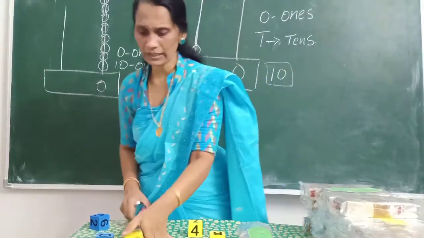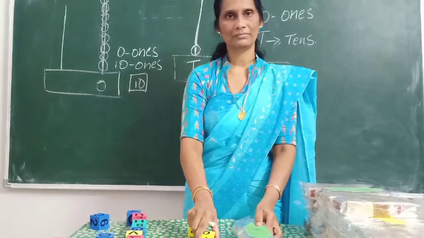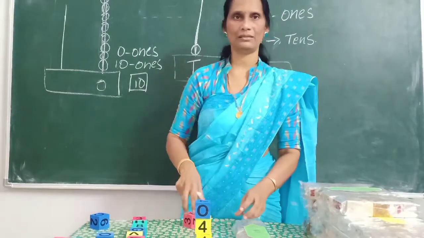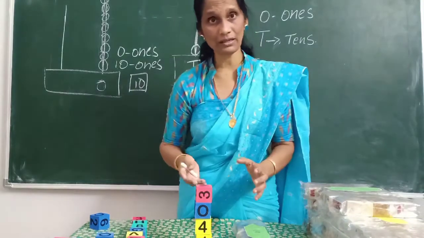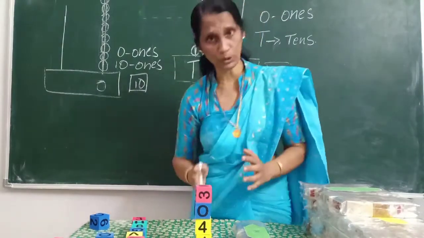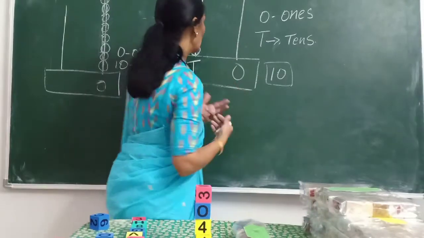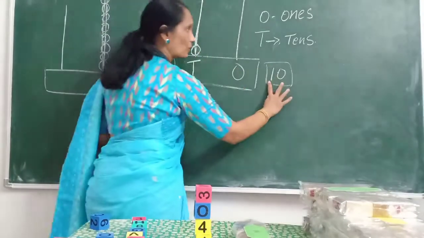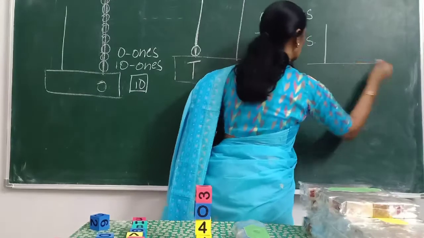So, we will count as tens. 10 plus 1. Understand? 10 plus 2, 10 plus 3, 10 plus 4 and so on. So, 10 plus 1, 11. 10 plus 2, 12. So, we will see how we want to show it. We know that this is 10, means we got 10. Then when we want to show 11,